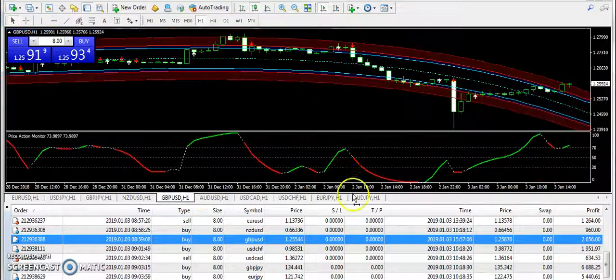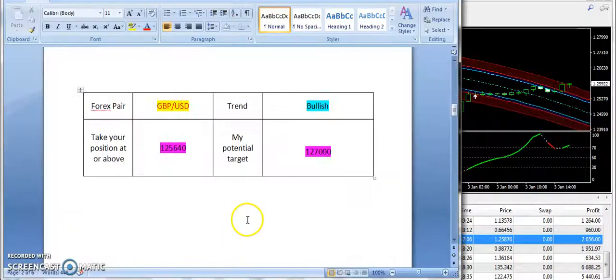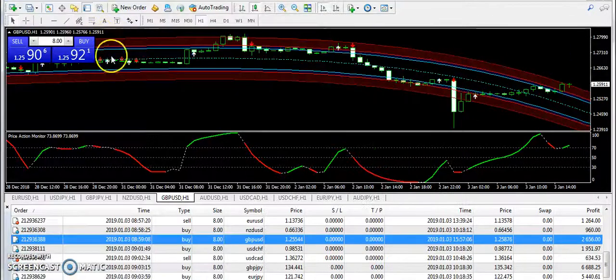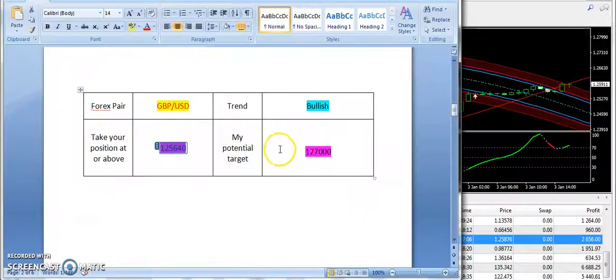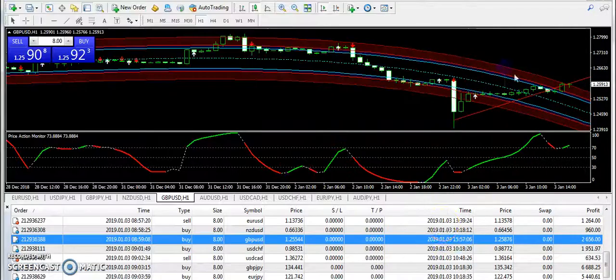Okay, now let's talk about the recovery that we have seen on pound. The third consecutive signal that we have hit as per the signals report is Great Britain pound USD with a bullish expectation from 1.25640, and however the momentum was a bit slow on Great Britain pound USD, but if you have traded as per our recommendations, then it has moved up. So guys, if it continues the bullish activity like this, then it can go up to 1.2700.